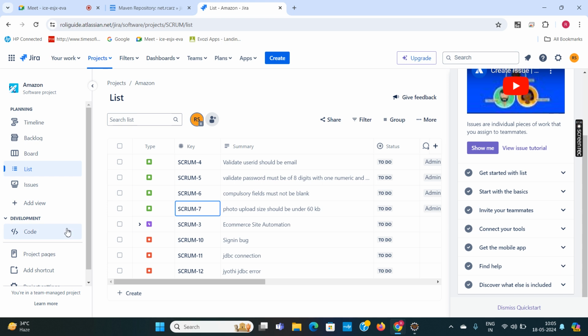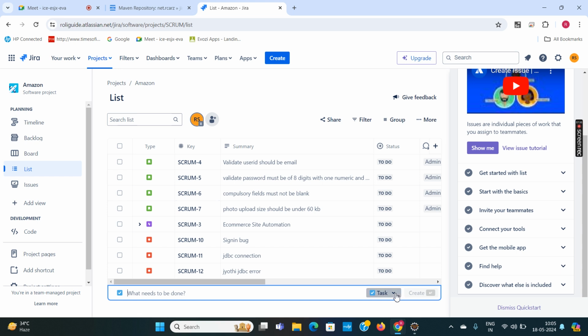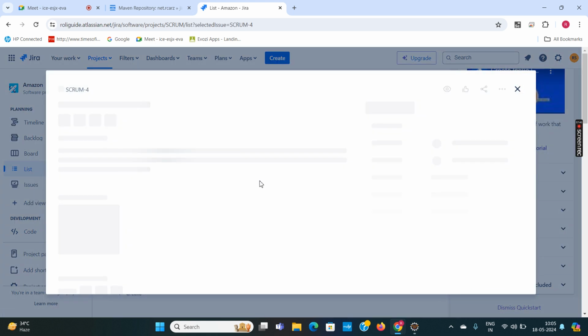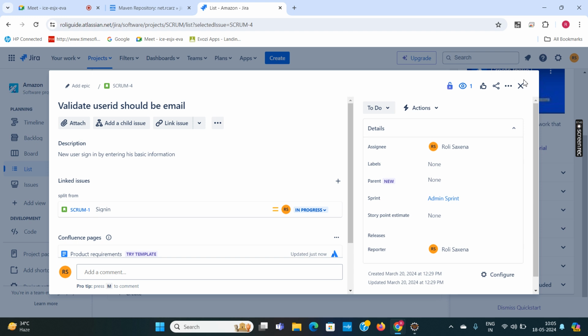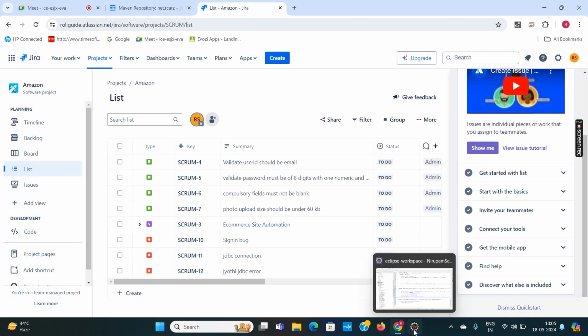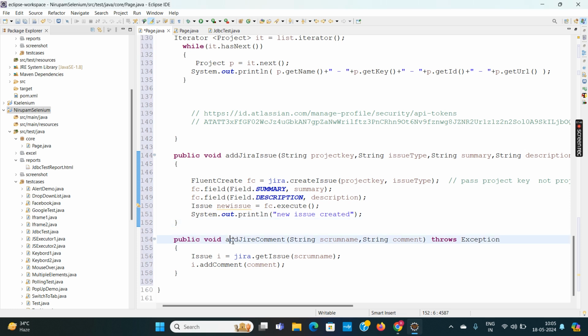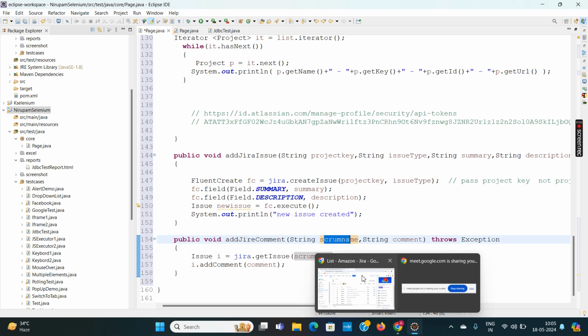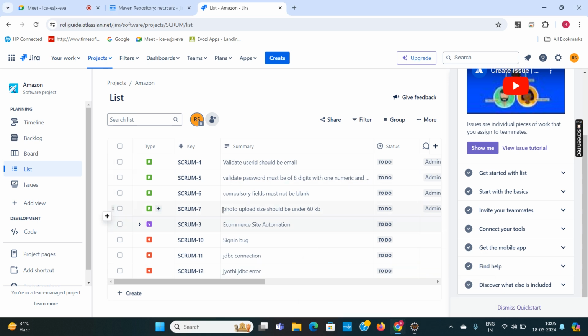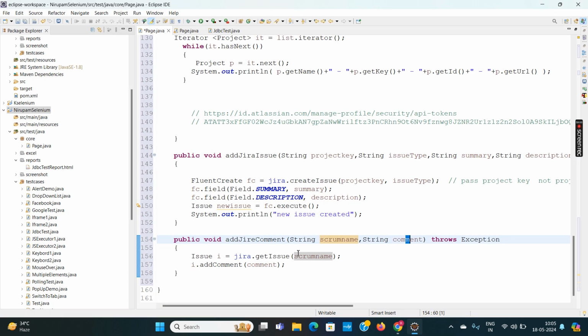That is, you can create a new issue like this, as I told you, or you can just add a comment inside an already created issue. So again, for that we have written this method, add Jira comment, and the Scrum name. This is the Scrum name: Scrum 4, Scrum 5, Scrum 6, Scrum 7. That is the Scrum name, and the comment which you want to add. Again, this is the method to add the comment. Hopefully, you have understood it. Okay. So now,